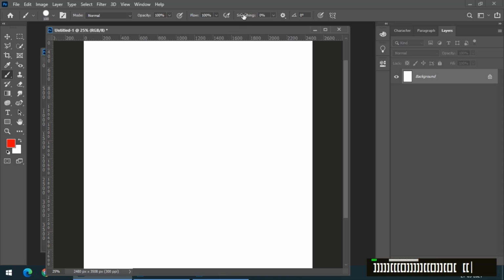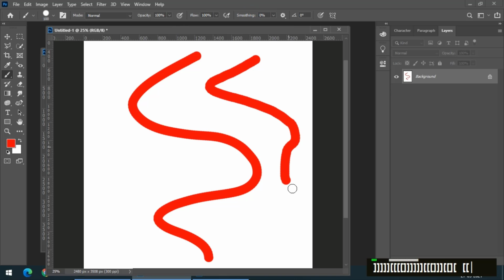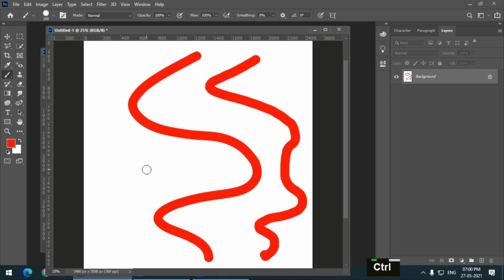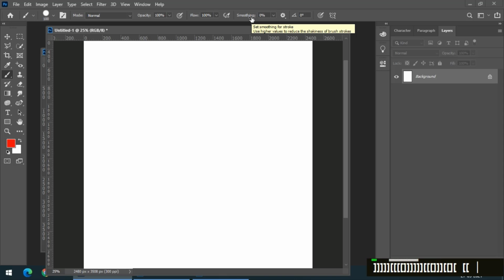So if I increase this smoothing level to 100, the maximum value, then I'll get a smoother stroke as compared with the earlier stroke. This is the stroke with 0, and this is with 100. So our stroke becomes smoother when we keep the smoothing value to maximum.